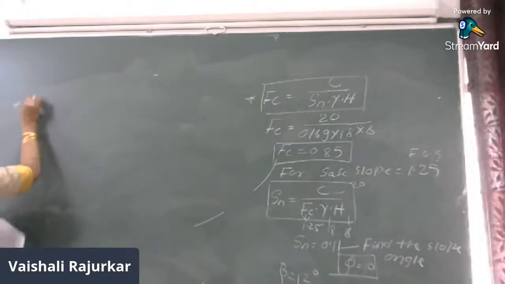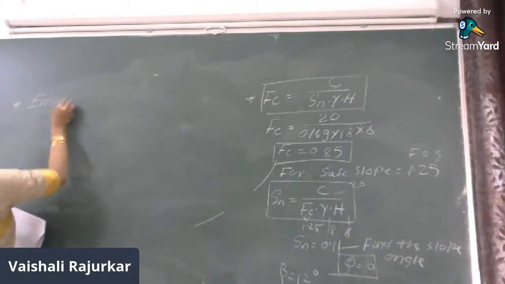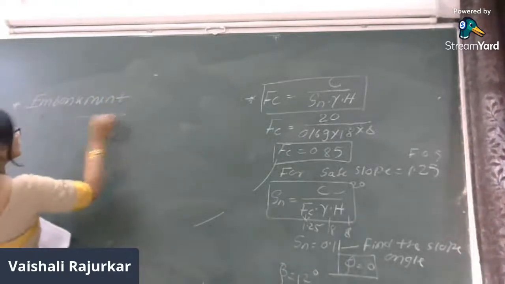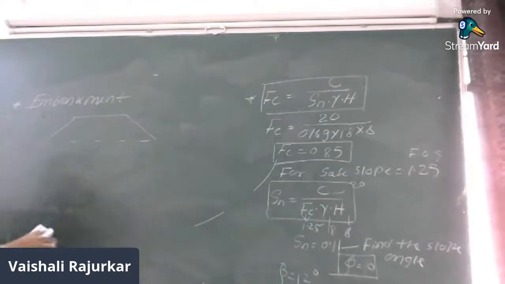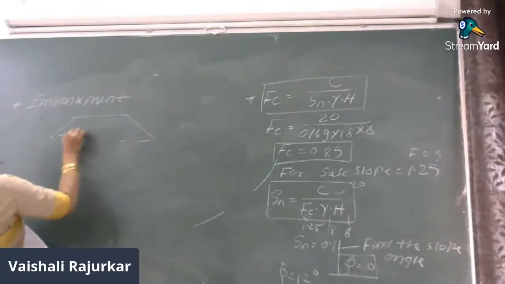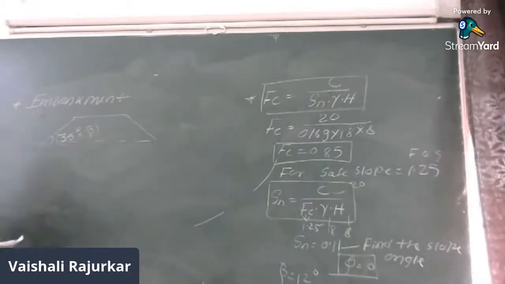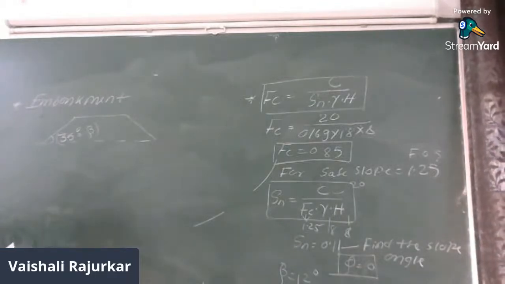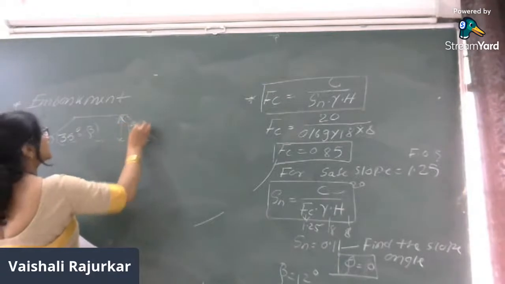Here, this is an embankment. This embankment's angle is 35 degrees. The angle is given as 35 degrees, which is beta, and its height is given as 15. The height of the embankment is given as 15 meters,